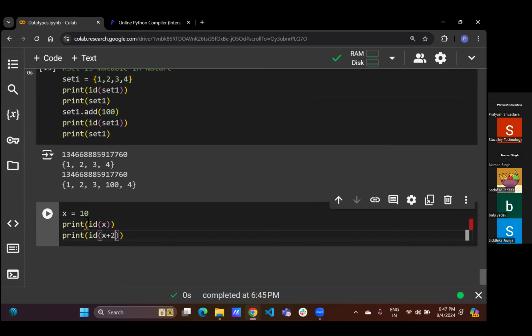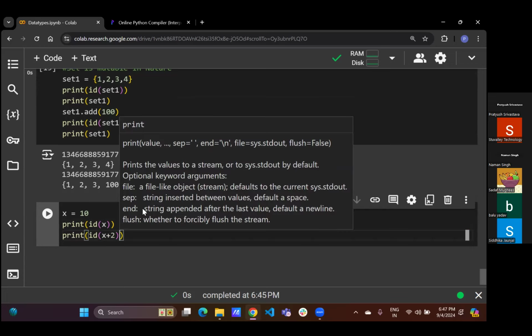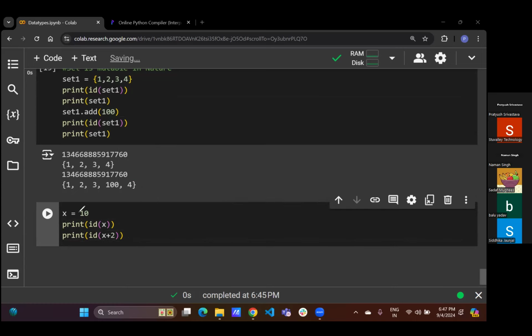I will add 2 in this. अगर मेमोरी लोकेशन डिफरेंट रहती है तो इसका मतलब ये है कि ये जो हम चेंजेस कर रहे हैं, ये इस पे ना होके कोई नया ऑब्जेक्ट क्रिएट हुआ है उस पे हो रहे हैं। और अगर ये इसी पे हो जाता है, तो इसका मतलब सेम ऑब्जेक्ट में ही चेंज हो रहा है। दैट मीन्स ये 10 ही हमारा 12 में चेंज हुआ।